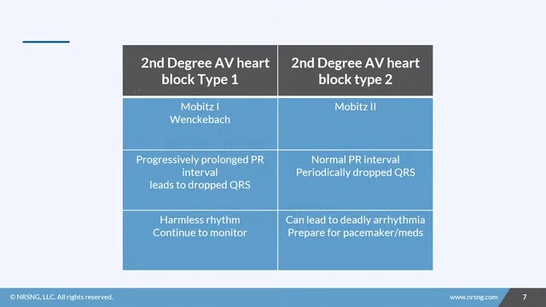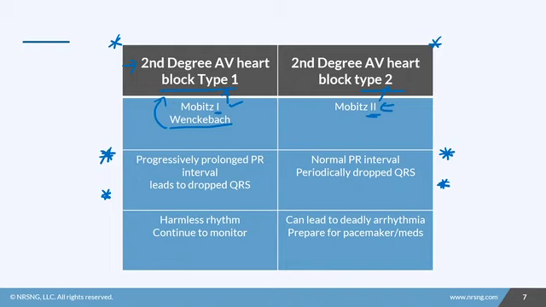So this slide right here, I want to compare the differences between the two. If you can figure out a way to print this, write it down, memorize it, this will help you. Second degree AV heart block type 1 is also called Mobitz 1 or Wenckebach. Second degree AV heart block type 2 has only one other name, Mobitz 2. So if you can remember Mobitz 2, type 2; Mobitz 1, type 1. And then Wenckebach just comes with type 1. Now, these are the biggest characteristics that you have got to remember that will help you identify them